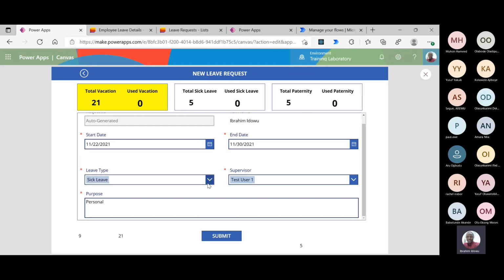So then again, this one that we want to do now. I was also thinking that on this dashboard, instead of having this total vacation and used vacation, we can actually have just the number of days left, right? Because obviously everybody knows the number of leave days he or she has. But yeah, even if we don't go that route,